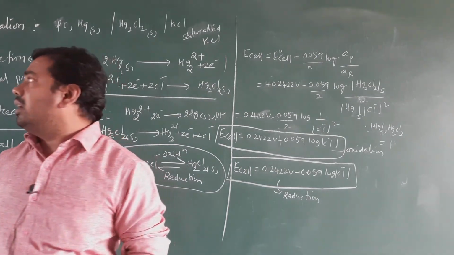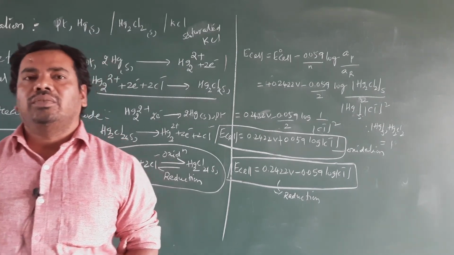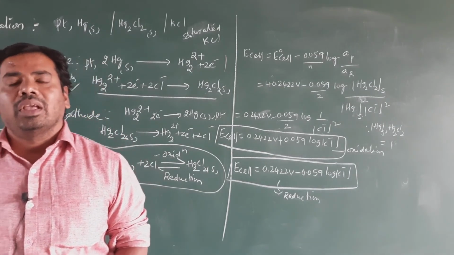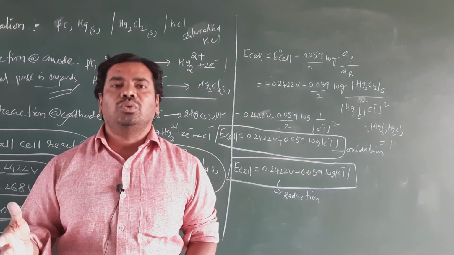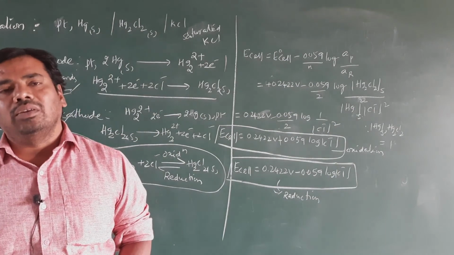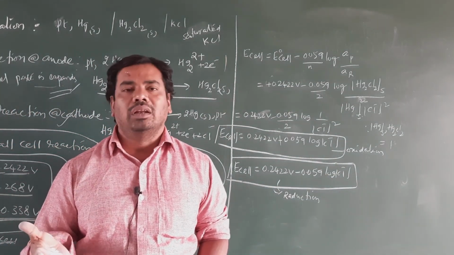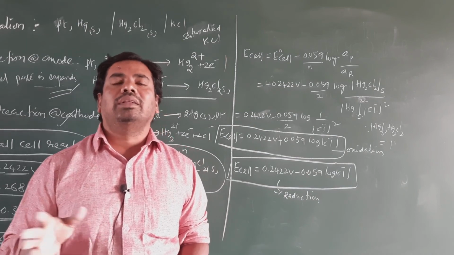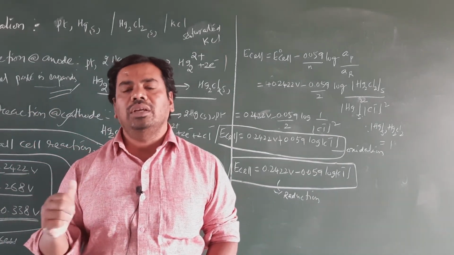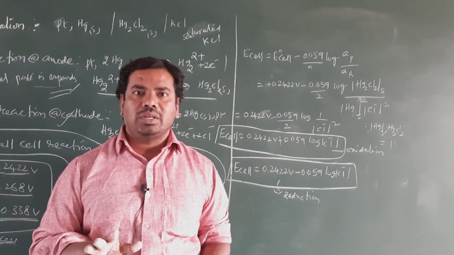Okay, clear, student? Carrying a calomel electrode is very easy, it is low cost and easy to operate. The only drawback is that when it is broken, the mercury comes out, and mercury is a very toxic metal. That is the only drawback, but otherwise we get more accurate results by using a calomel electrode than a hydrogen electrode. Clear, student?